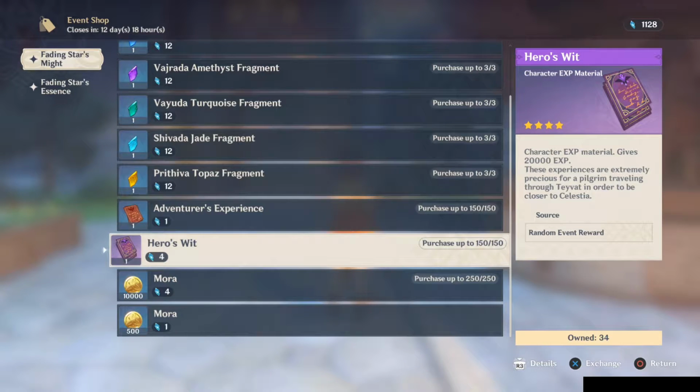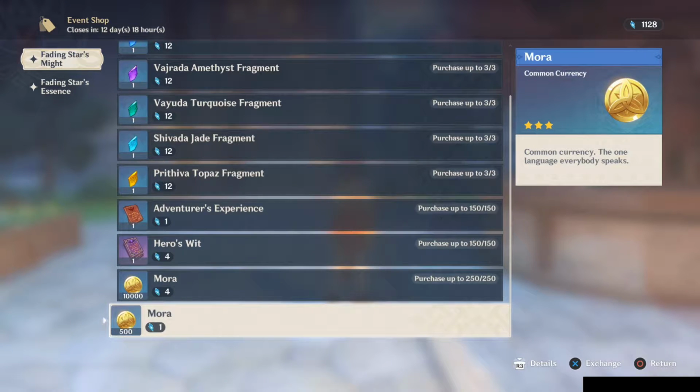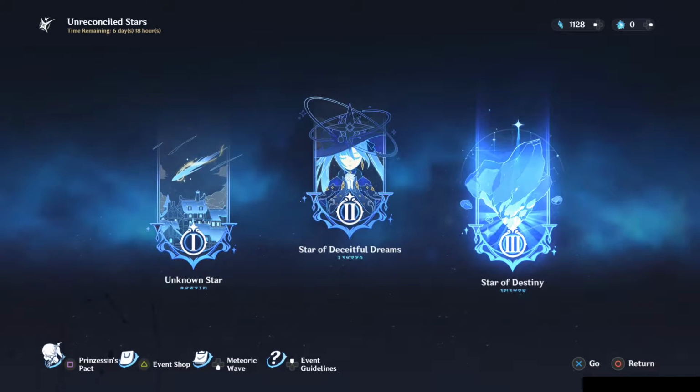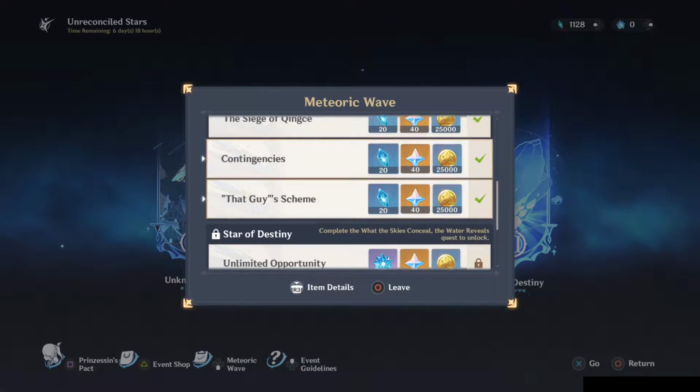And then after that, with Fading Star's Might, if nothing else appears, I'm going to spend literally everything on maxing out Hero's Wits and whatever is left over. Either Mora. Actually, the 1 Mora isn't worth it, so don't even bother. Get, like, Adventurer's Experience. Mora is so easy to come by, Experience is not. So, with that out of the way, should I do Meteoric Wave first, or should I do...